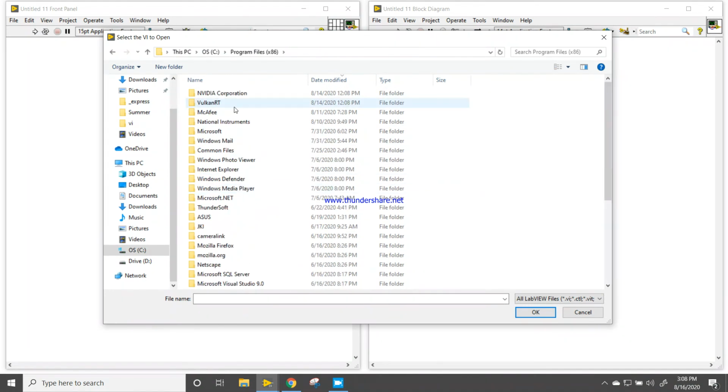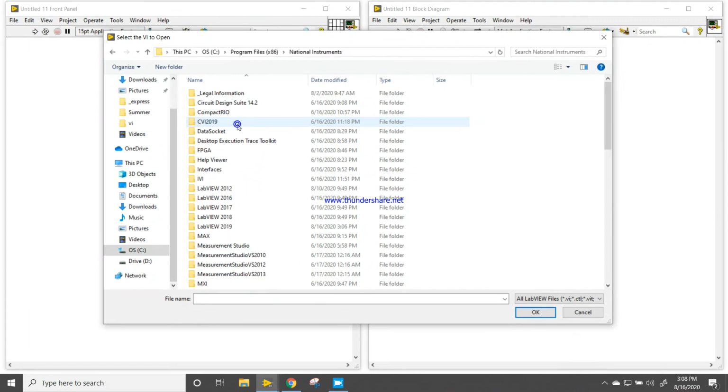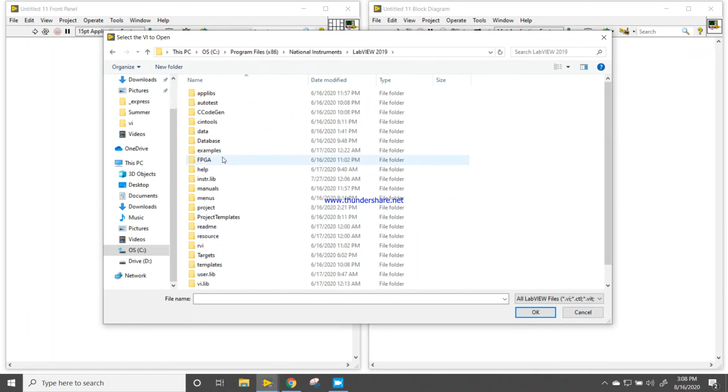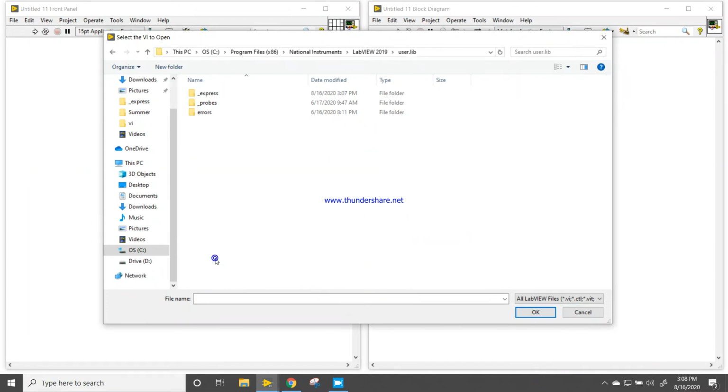Come down and search National Instruments, and go inside LabVIEW 2019. Inside it you will get this user library. In this user library, you will get this Express VI folder. Inside it are this arithmetic configurations and arithmetic source.